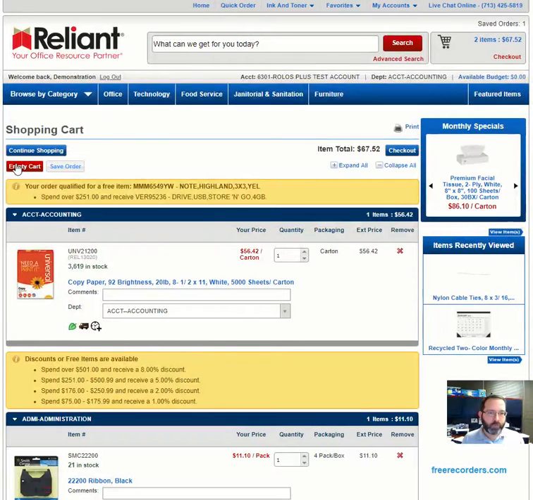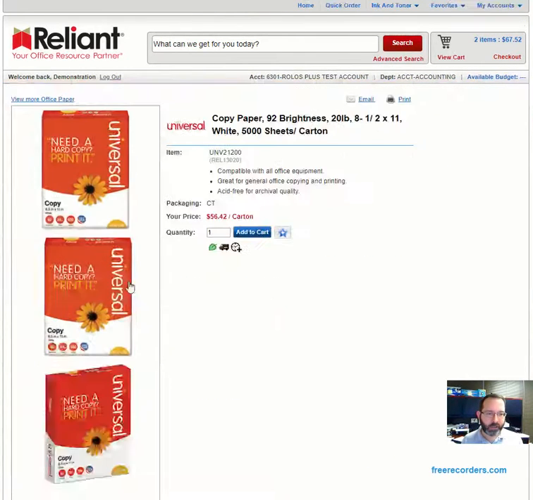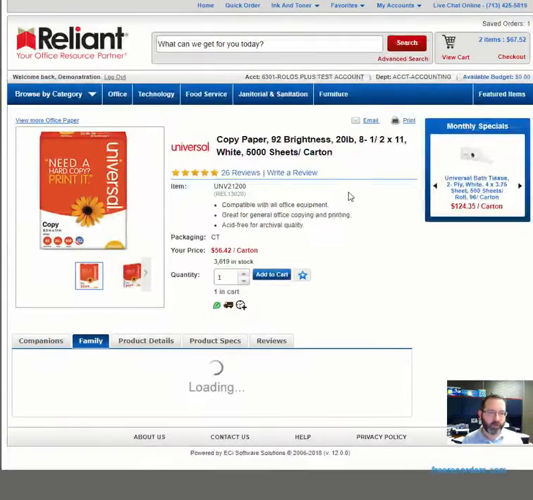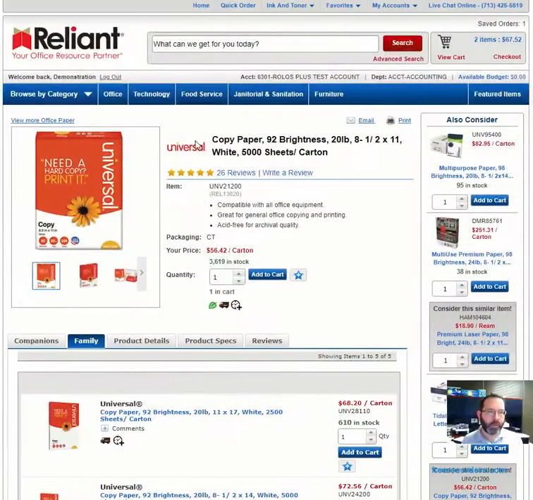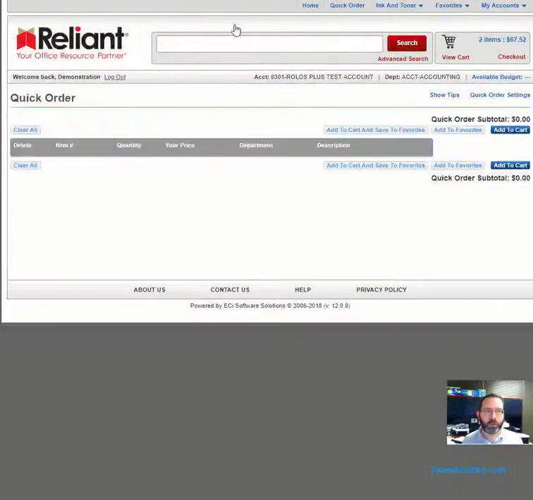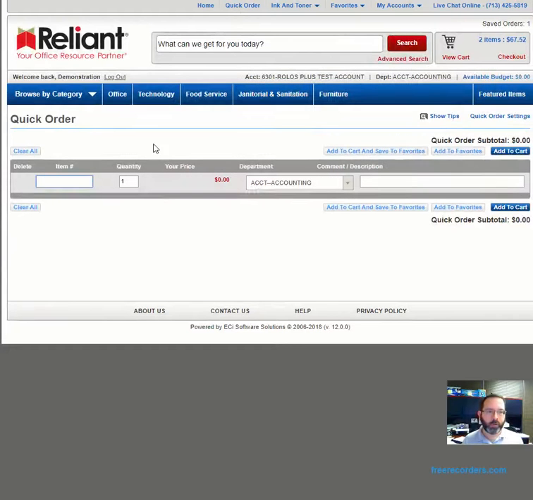So from here I can go ahead and empty my shopping cart if I want. Once again, we're in the shopping cart page. I can click on a description and go into the product details still if I wanted to learn more about it before I submitted the order. I can even come over here to quick order on the top right of the screen, or top center, and